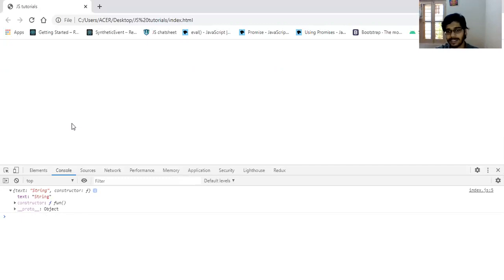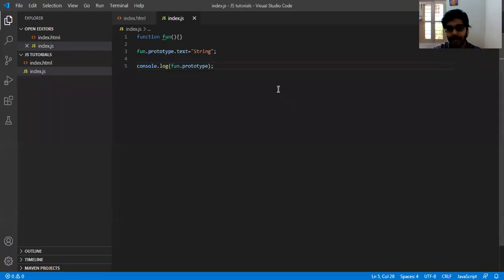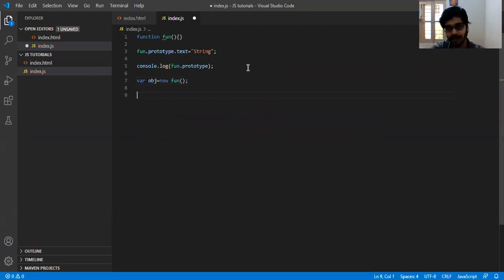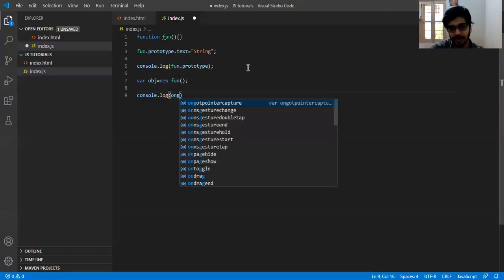All right, now let's add another property. Let's actually call the same function called fun in the constructor way. So let's create an object: var obj is equal to new fun. This is the constructor way of calling. Now if I print out the obj, console.log of obj,